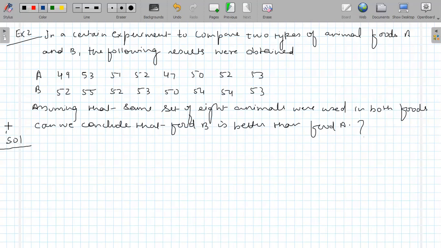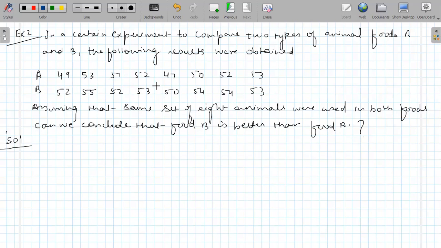So here same set of animals are used and they are given two types of food and their weights are noted, and from observation we can see that the weights obtained from food B is greater than weight obtained from food A. So can we safely say that food B is better than food A? So we have to test this. So we apply here pair t-test,